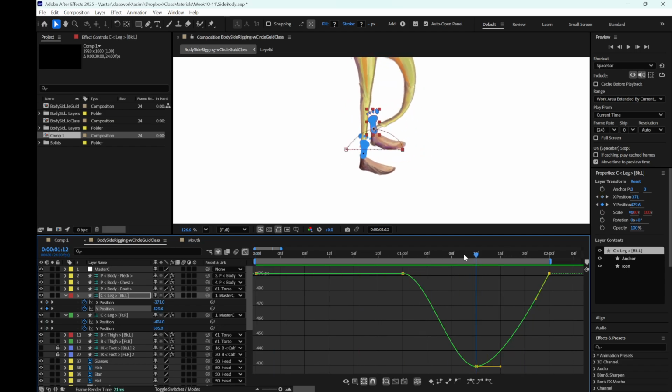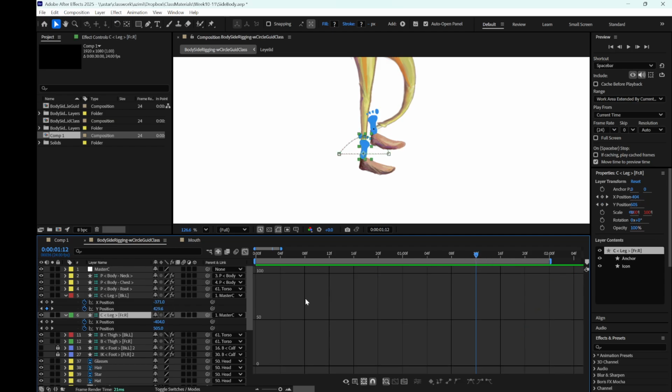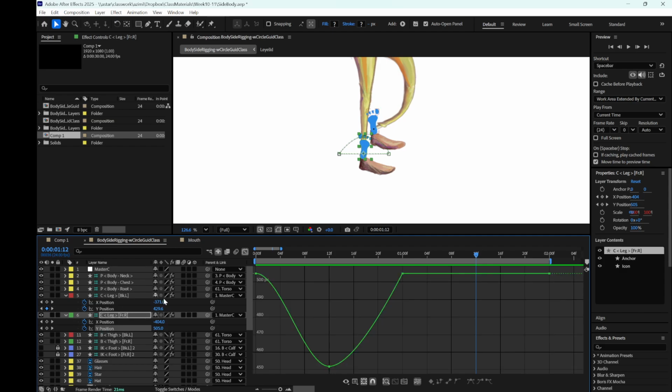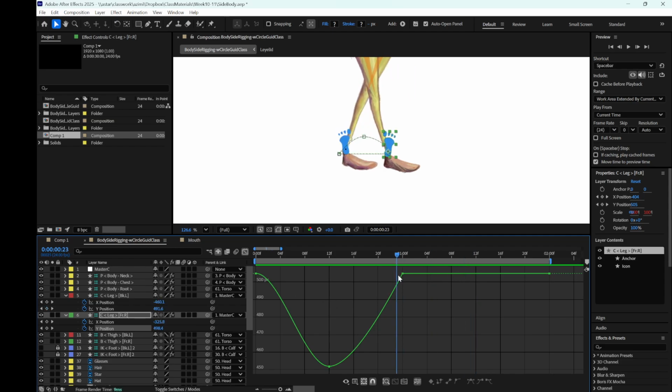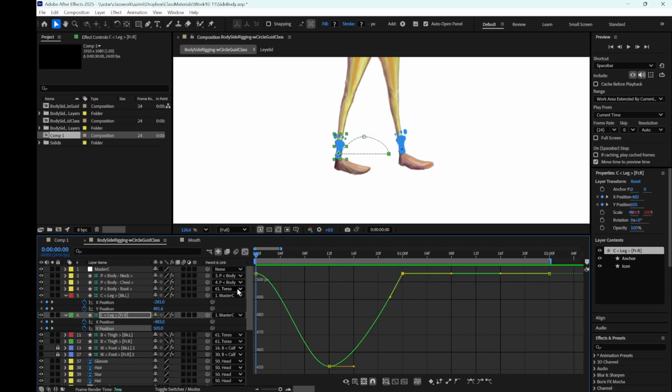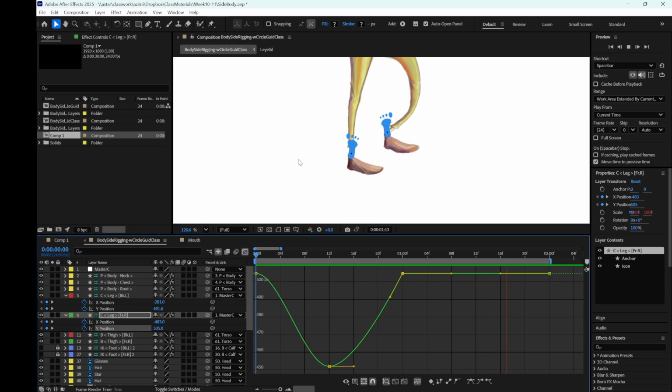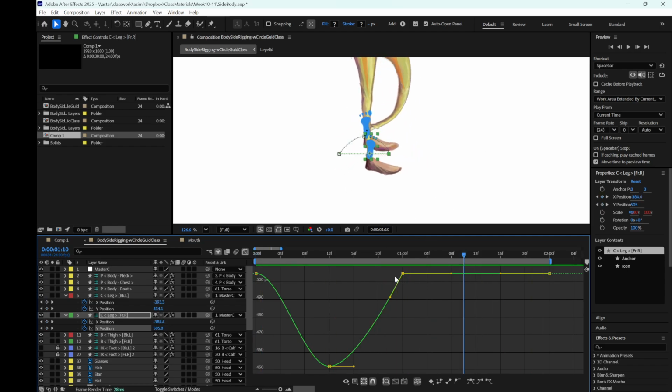Definitely you can add more exaggeration to this cycle. Now I'm going to add the exaggeration to the y-axis for the front leg. These are the moments that you will define the personality of your character by adding these exaggerations. So now if you take a look at that, this walk cycle has one personality,